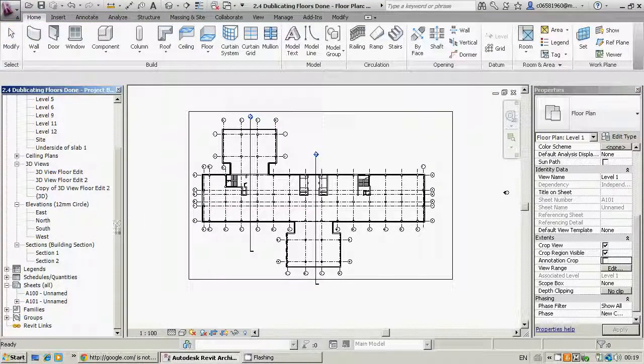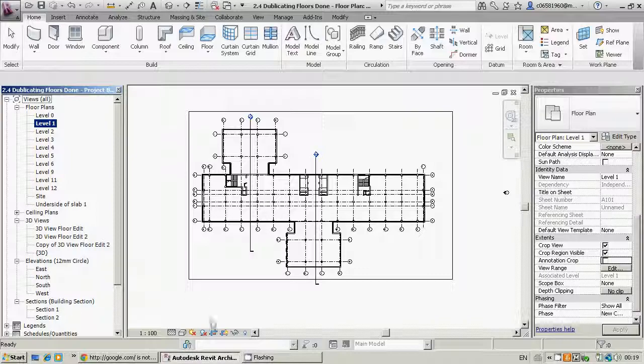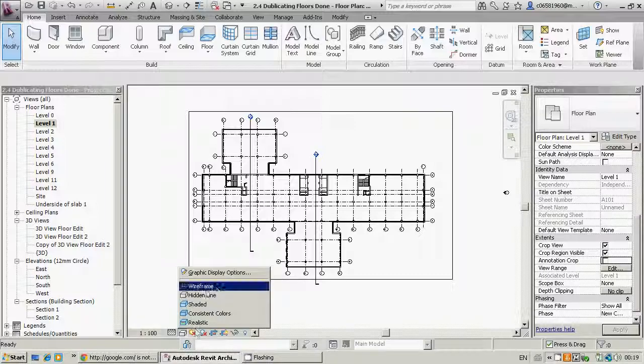Okay, so it's important obviously when you're bringing views into sheets that you have the correct scale, you have the correct detail level, and whatever graphic displays you want. So obviously for a plan or something,